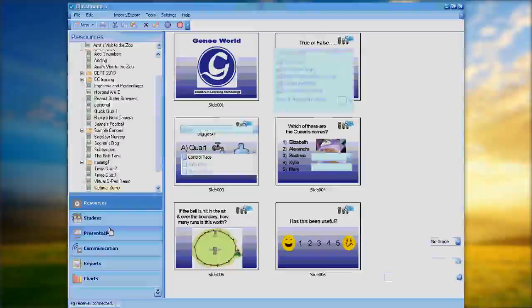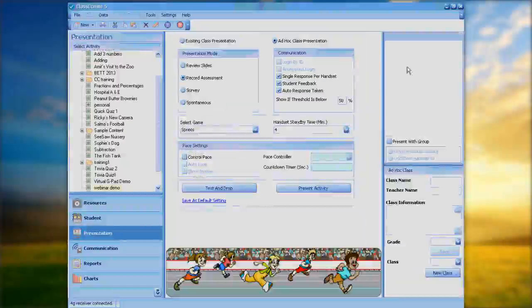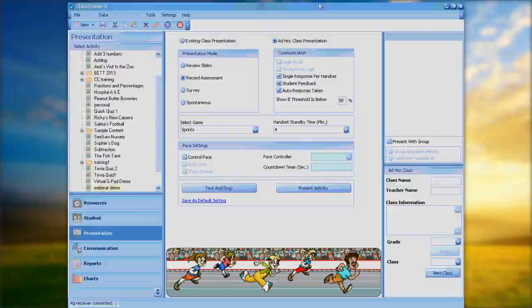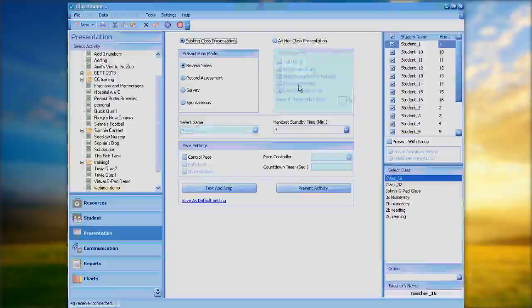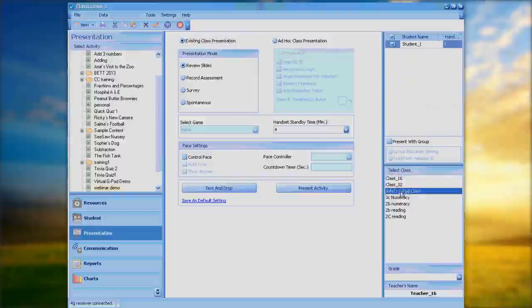The great thing about ClassComm is it gives you lots of options, lots of different ways that you can present things. You've got just inside this middle section the options you have. The first one is to decide whether you're going to do an existing class. So these will be classes. If you look on the bottom right, I've got a list of classes,